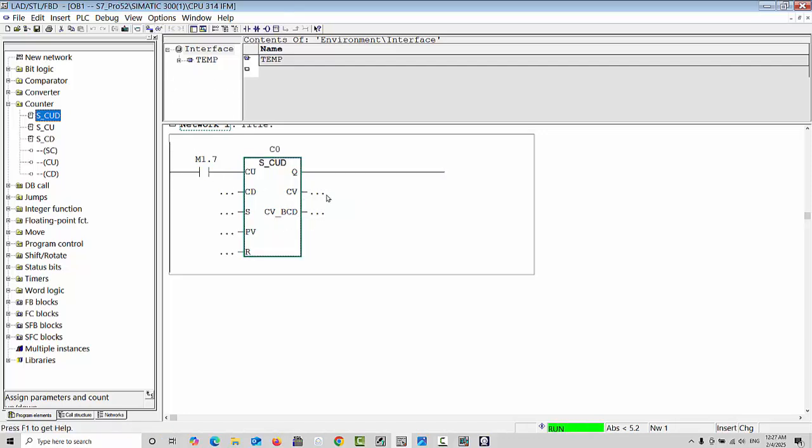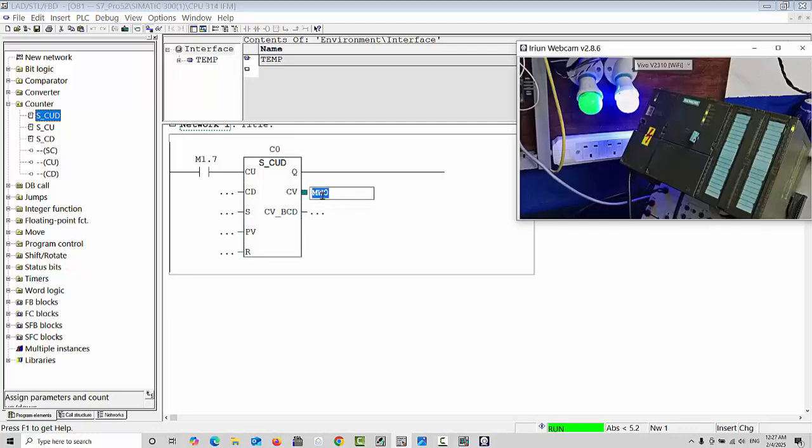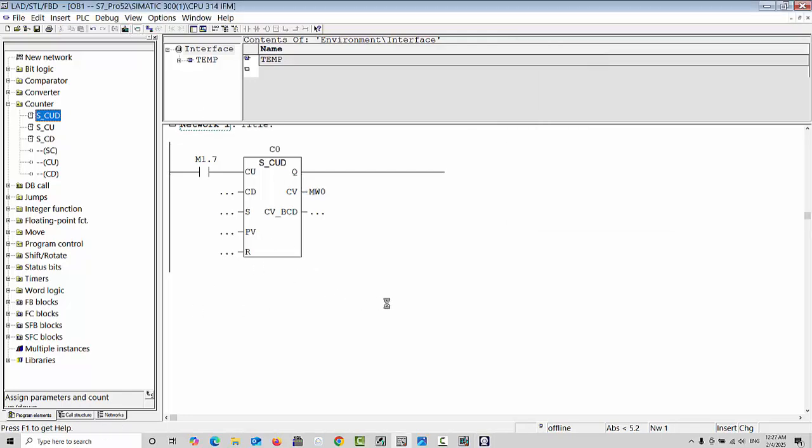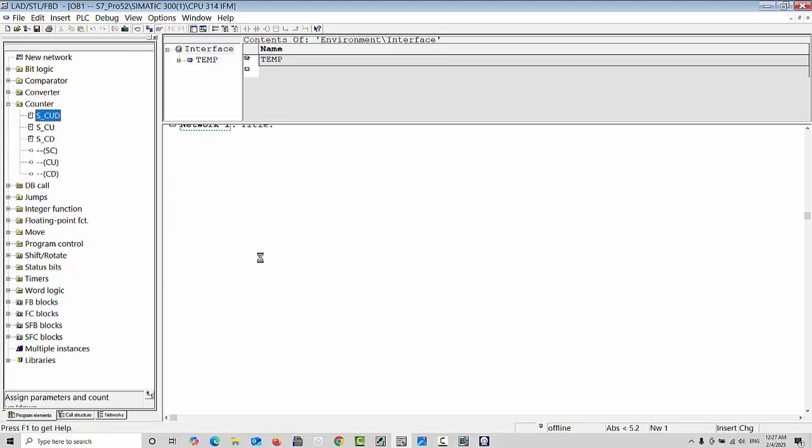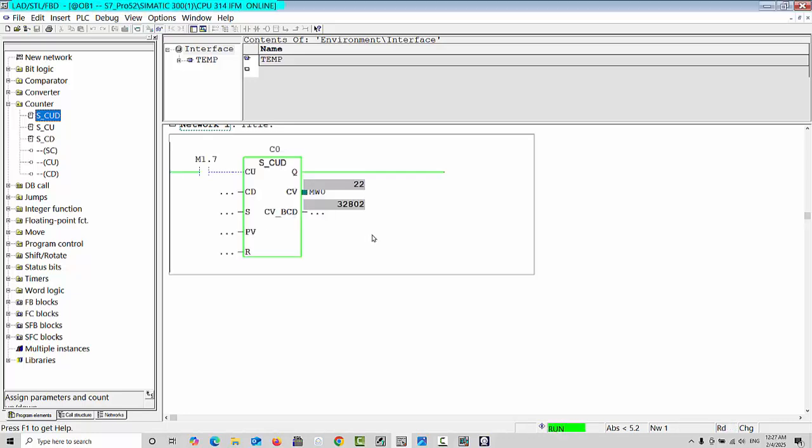Sorry, here we first have to give any data register, for example I will write MW0, and download again. Now you can see this is a single pulse giving 25, 26, 27, and this value MW0